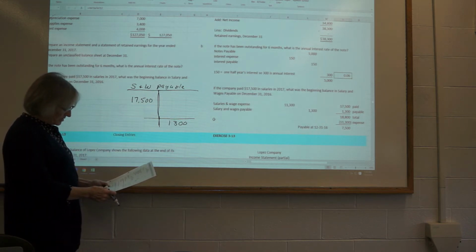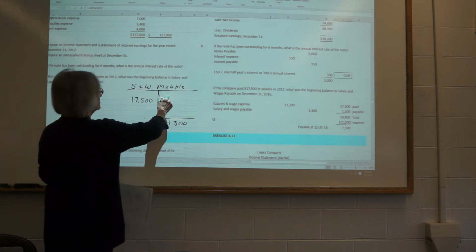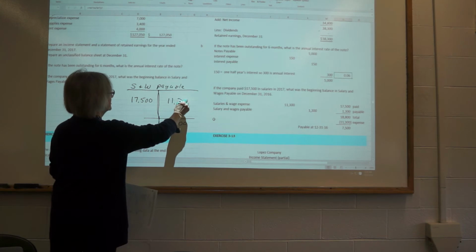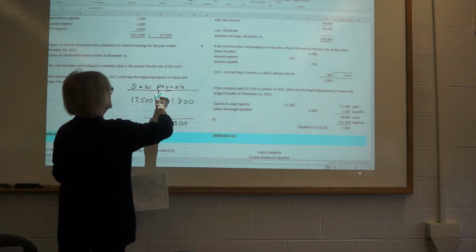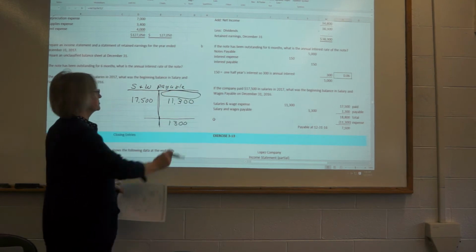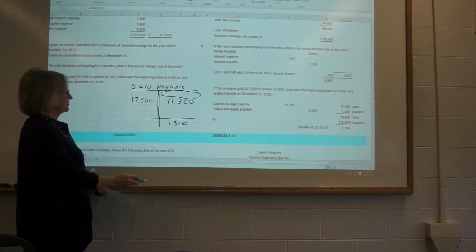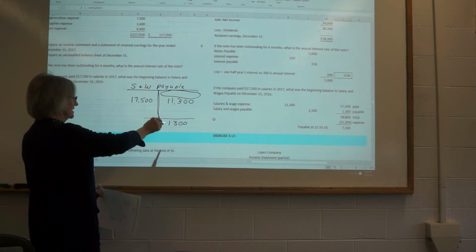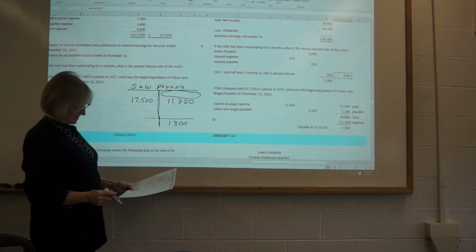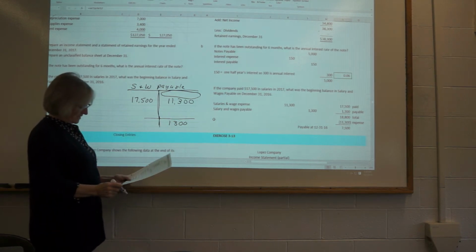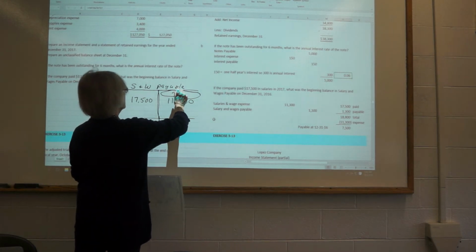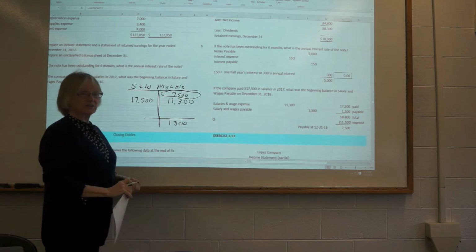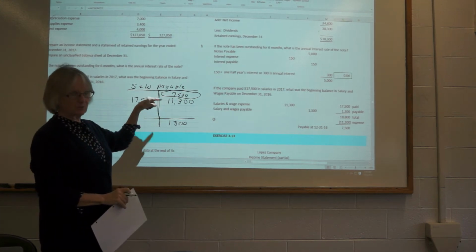The 11,300 is the salary expense for the year. So 11,300 would have been salary expense, salaries payable. And so now they're asking you for the beginning balance. You just have to figure out what number goes there to end up here. So it would be this plus this minus that gives you that. And it comes out to $7,500. I'll be quite honest, I just have to plug numbers in there to see what's close, and then I